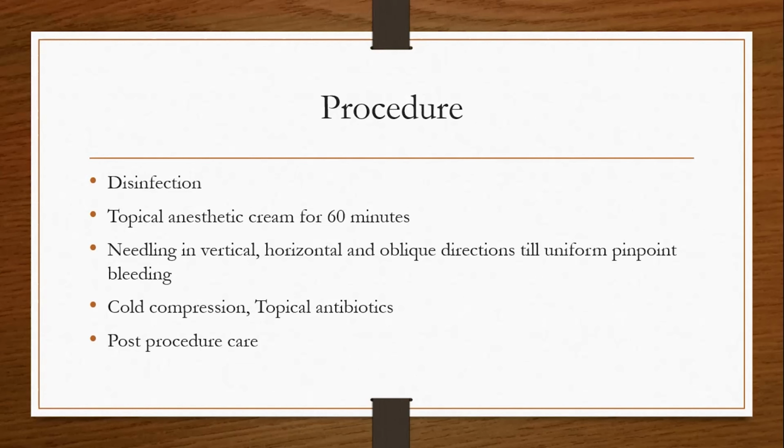Similarly, if we are using the microneedling pen, we can adjust the depth of the microneedles. Around the eye and around the nose, we can go to the minimum depth, like 0.25 to 0.5. Over the forehead, 1 mm will be sufficient, whereas over the cheeks, 1.5 mm is sufficient. And if there are deeper acne scars, we can go even up to 2.5 millimeter. So this is the advantage of the microneedling pen.